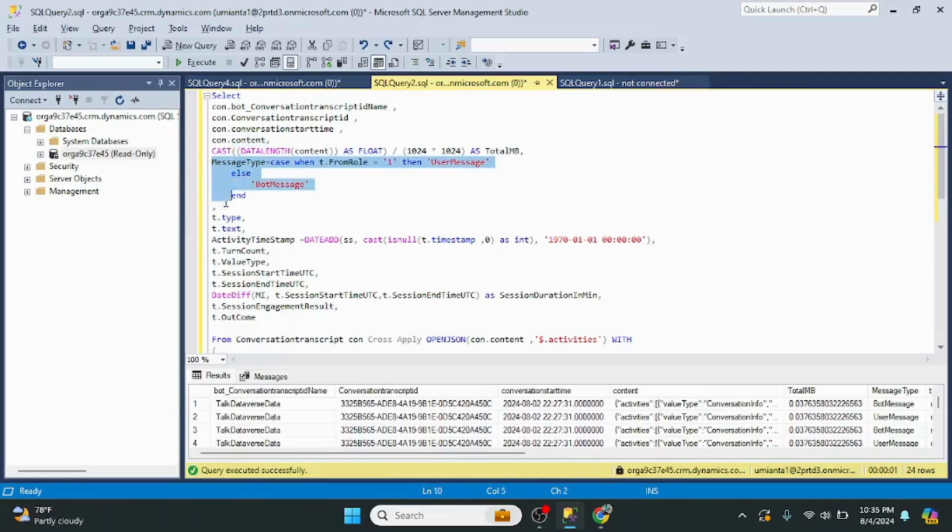And I'm also transforming based on the from role, whether it is a user message or bot message. So if from role is equal to 1, it is a user message, else it is a bot message. And this is the type and text I'm getting. I'm also interested in getting the timestamp for each activity. Essentially the timestamp is in Unix format, so I'm converting it into the normal standard date and time format, and these are the other information like turn count,